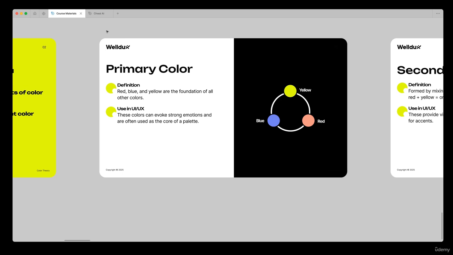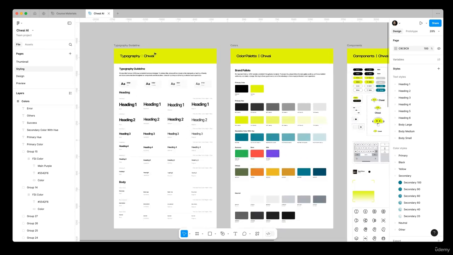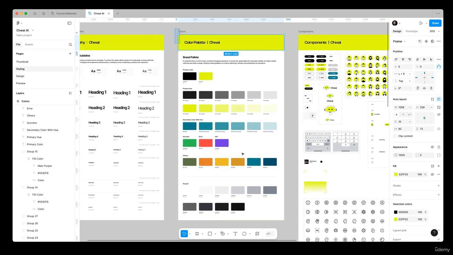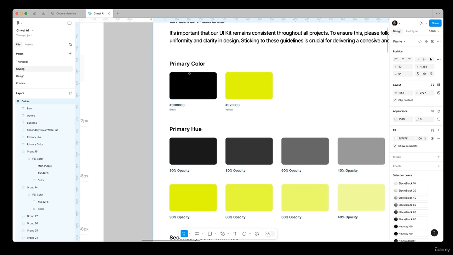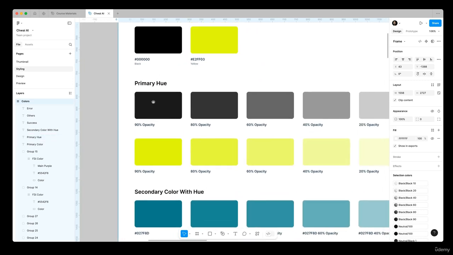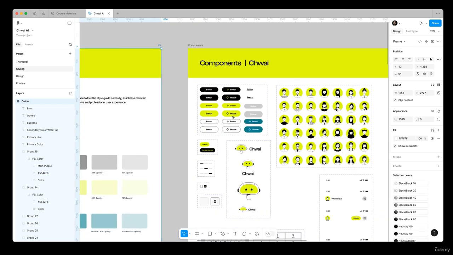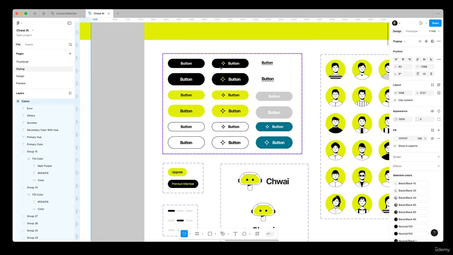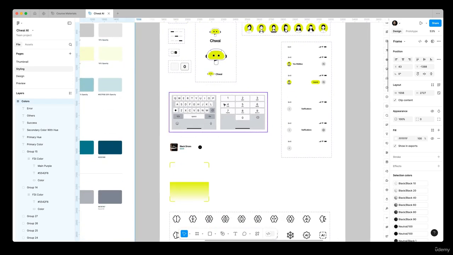To demonstrate it more perfectly, I have an example, the Choi AI UI kit. So in here, basically, I have the color palette over here. You can see over here we have the primary colors. These are some secondary colors, but I will definitely get into them later. But you can see over here we have used the primary color in our buttons and some of our cards,